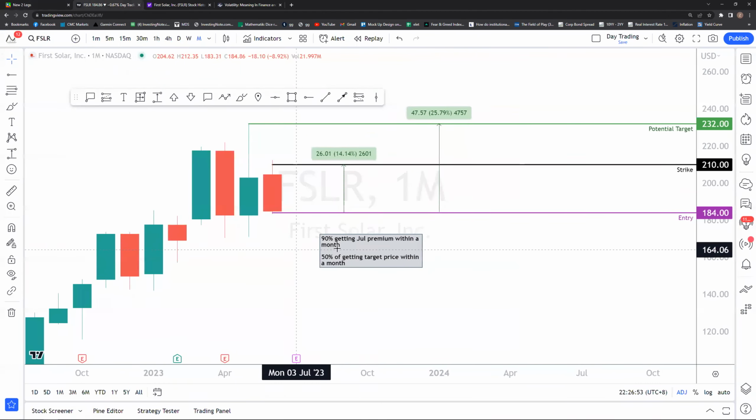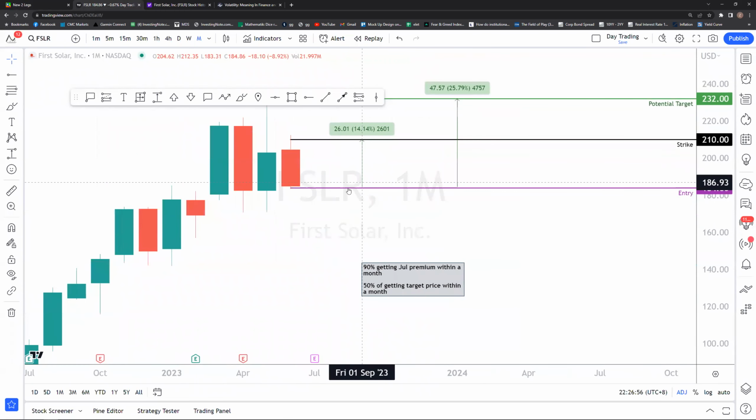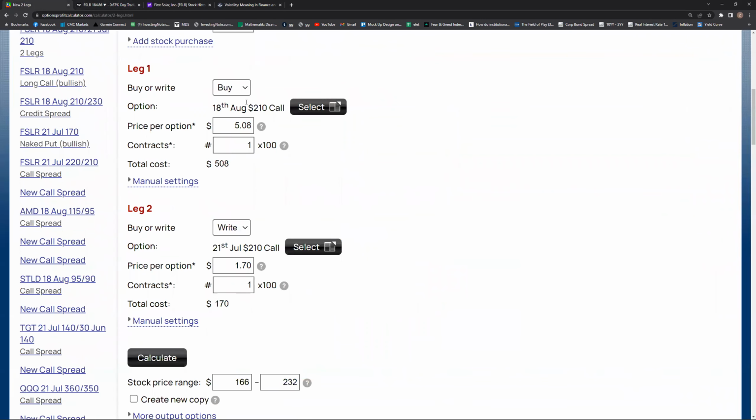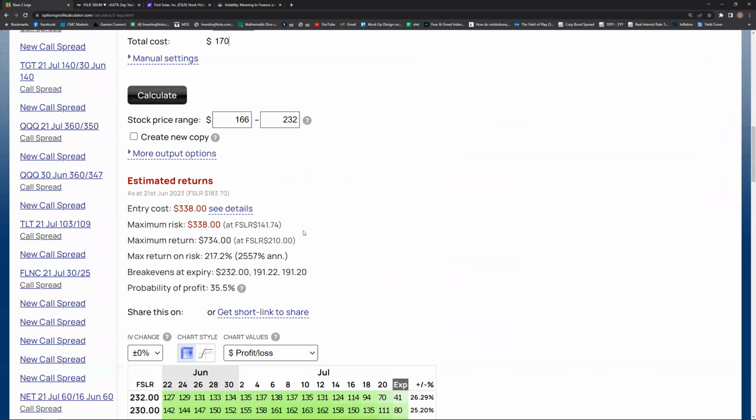For example, you enter now, and then the price continues to fall, then you must take action. Okay, you cannot simply let this whole thing go to waste like that. Because if you look at the buy and the write, the buy is $5.08 per contract. The write is $1.70. Meaning on a one contract basis, you are risking $388. But you don't need to risk the entire 388 because once you